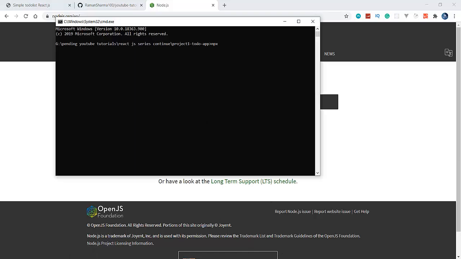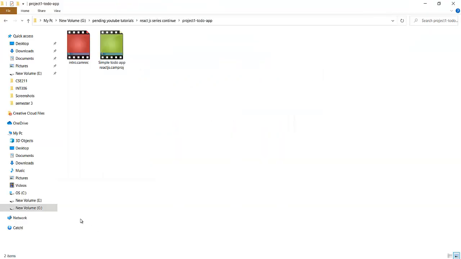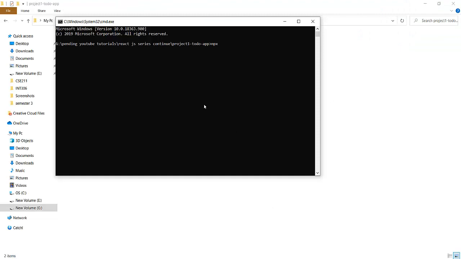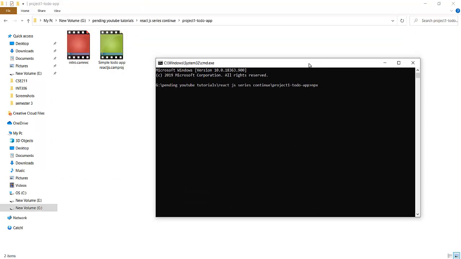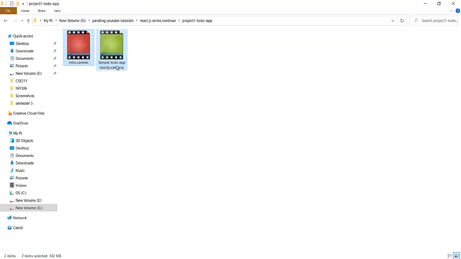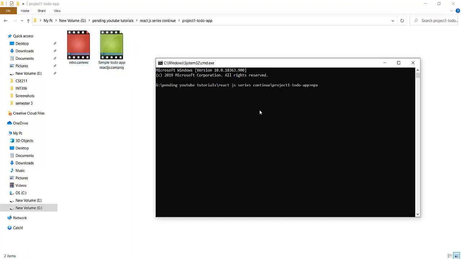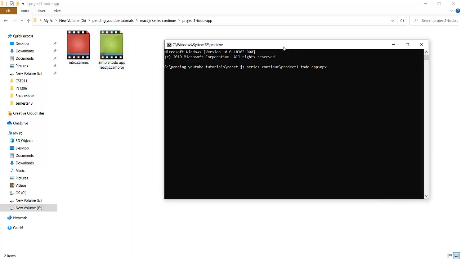This cmd is here now. We are in this folder, and this is our cmd. These are my video files, so don't care about this. We will create a React app here. Simply write npx create-react-app.